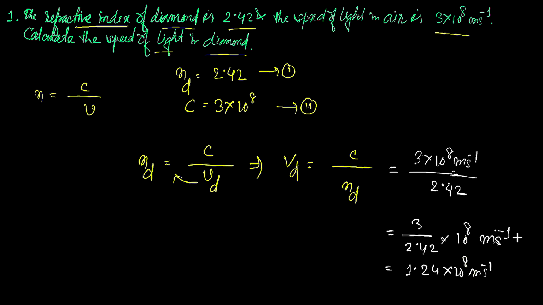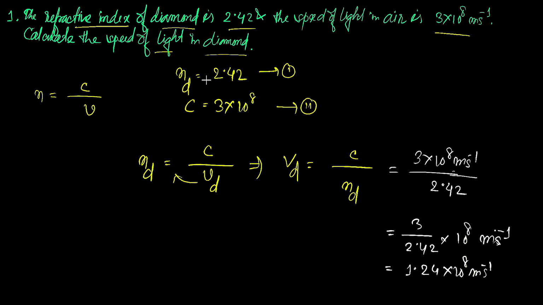It is quite simple. The refractive index of the medium diamond is given, and the velocity of light in air is quite constant, right? We know that the velocity of light in vacuum or air is always constant, 3 into 10 to the power 8. By the way, never get confused about vacuum and air. Vacuum is completely particle-less, that is, nothing is there. That's why it is known as vacuum. But we consider that the velocity of light in air is approximately equal to that in vacuum. Practically, it is not exactly equal, because in air there are lots of particles floating, gas particles, molecules, dust particles. So when light travels through air, it automatically slows down, okay?